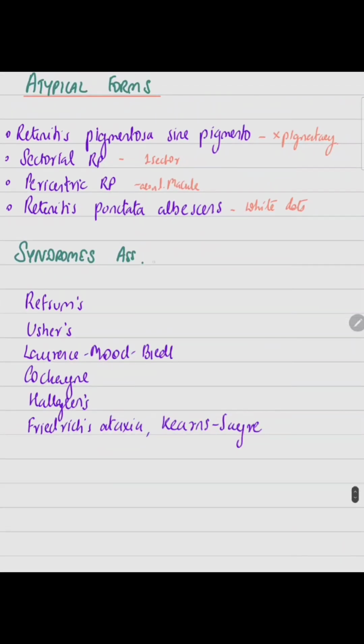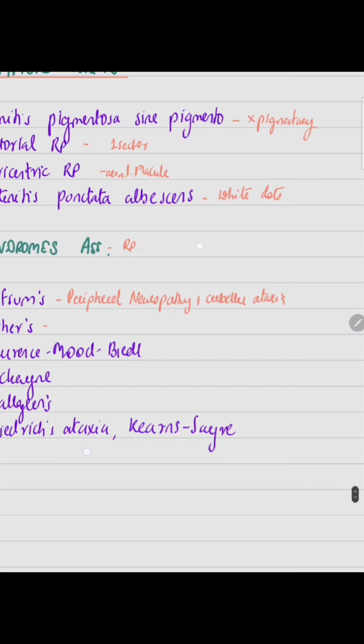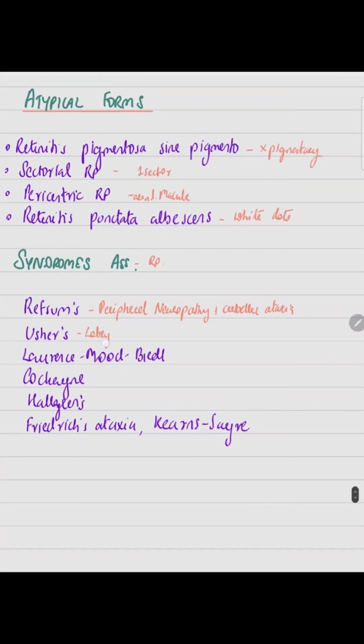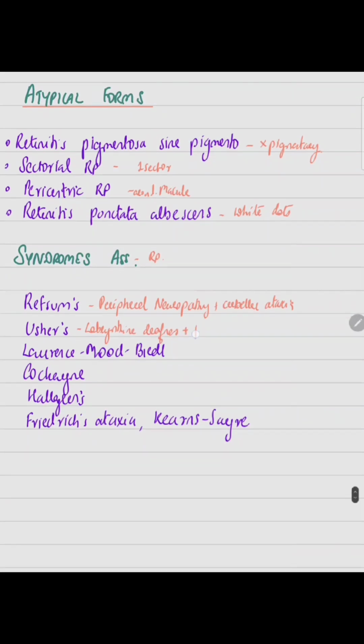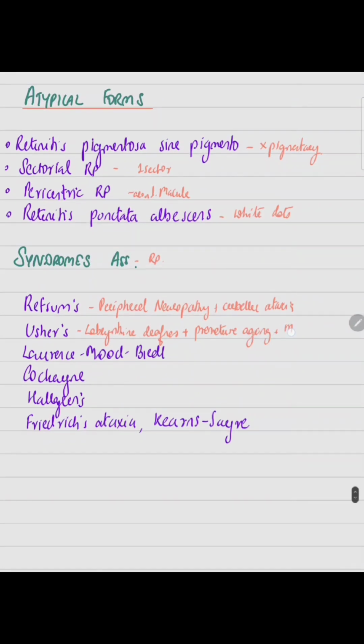Now, syndromes associated with retinitis pigmentosa. In Refsum syndrome, there is peripheral neuropathy plus cerebellar ataxia. In Usher syndrome, there is labyrinthine deafness. Plus premature aging, mental retardation, skeletal anomalies. In Laurence-Moon-Biedl syndrome, there is obesity,